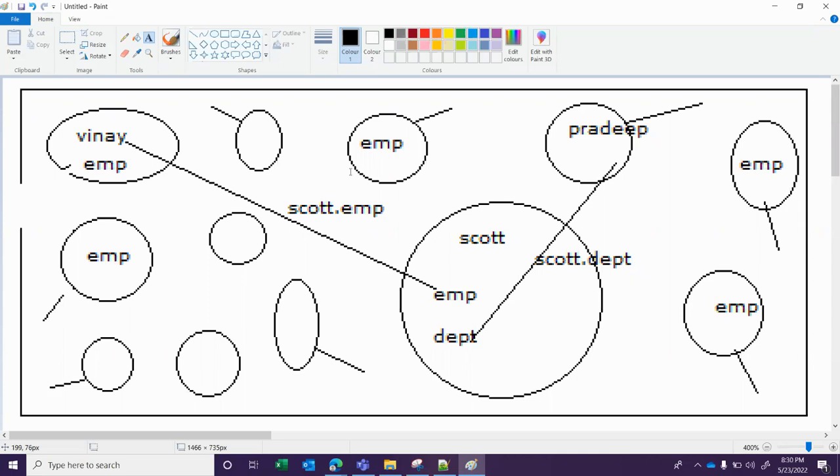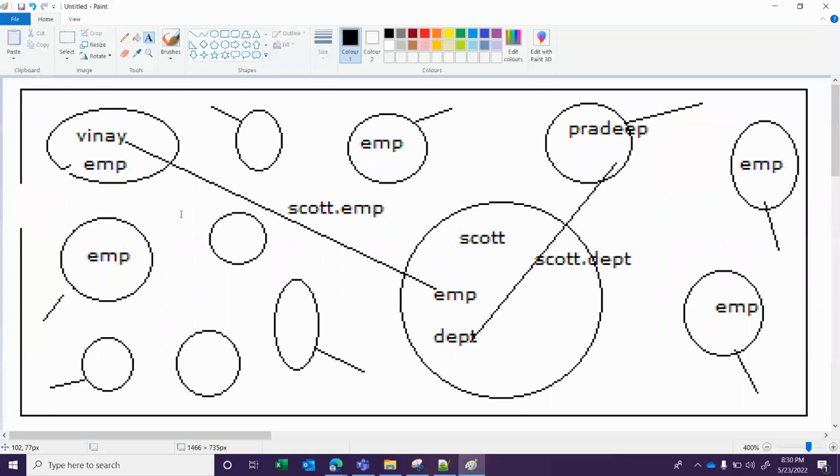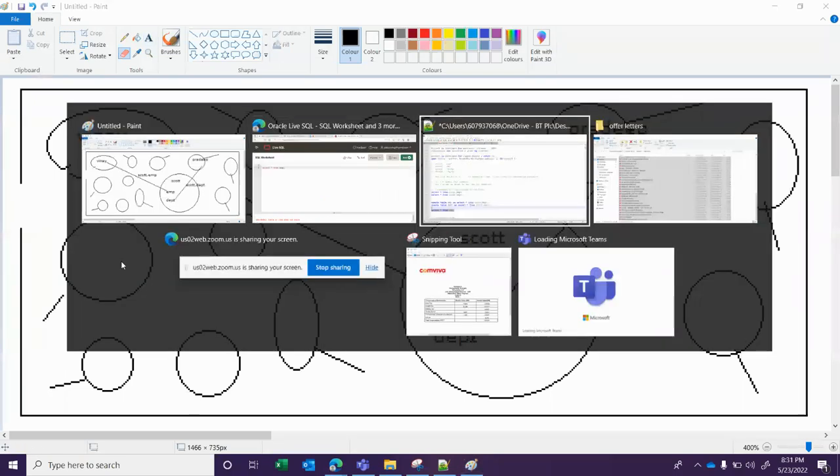That's the reason Oracle is not like your actual live system. It is for practicing, or what you call a test bed, where you are trying to practice on your own. That's the reason the moment you log out, it is going to erase the data and tables you created from your account. The data in the Scott schema will not be erased because it is owned by the Scott user. That's the reason whenever you log in daily,